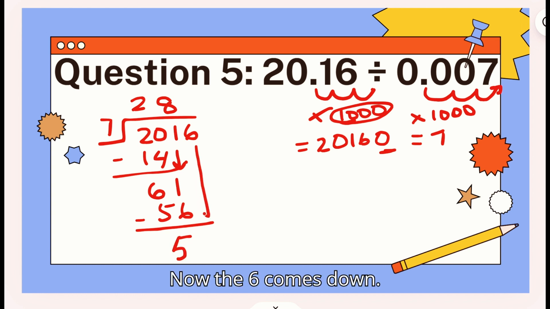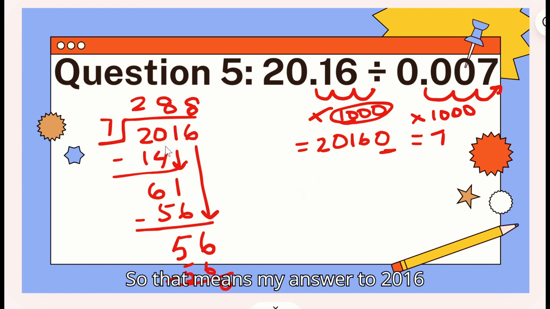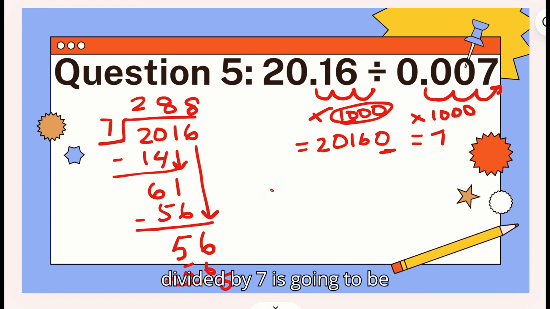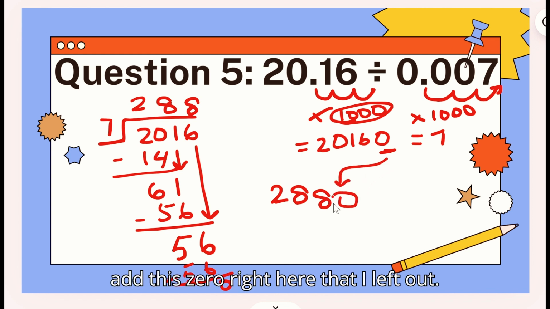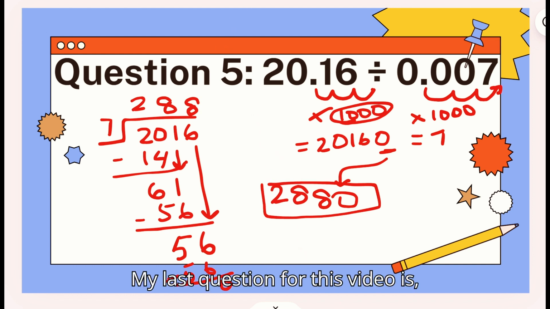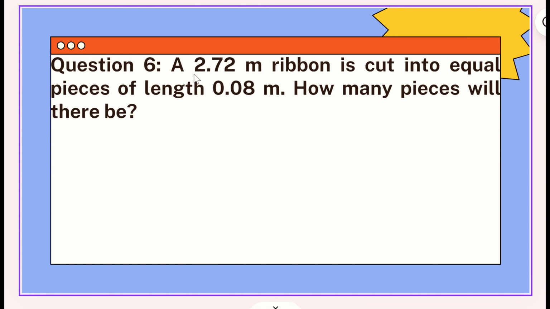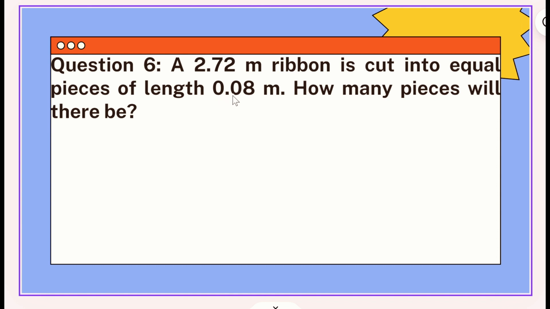Now the 6 comes down. 7 times 8 again gives us 56, which leaves us with a 0. So that means my answer to 2016 divided by 7 is going to be 288. But now I'm going to add this 0 right here that I left out. So my answer is going to be 2,880. My last question for this video is, a 2.72 meter ribbon is cut into equal pieces of length 0.08